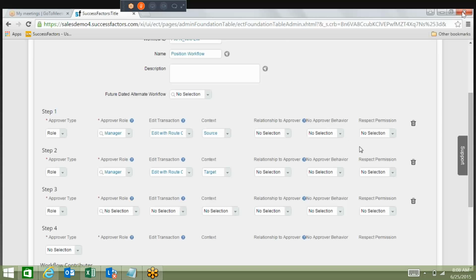Okay, perfect. So the next one. No approver behavior and respect permissions are usually the last options. Here you can skip the step or you can stop a workflow as well if you provide the authorization at this employee level, where you can say, skip this step. That means you can skip the workflow and it goes to the next people. As well as you have respect permissions. That means, when it goes to the employee's manager for approval,